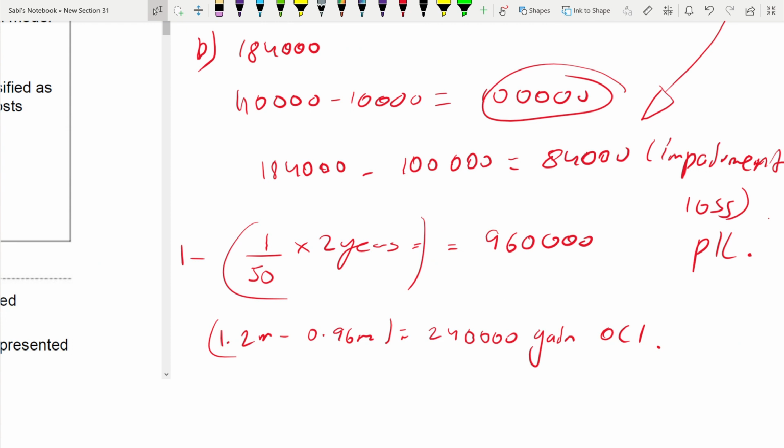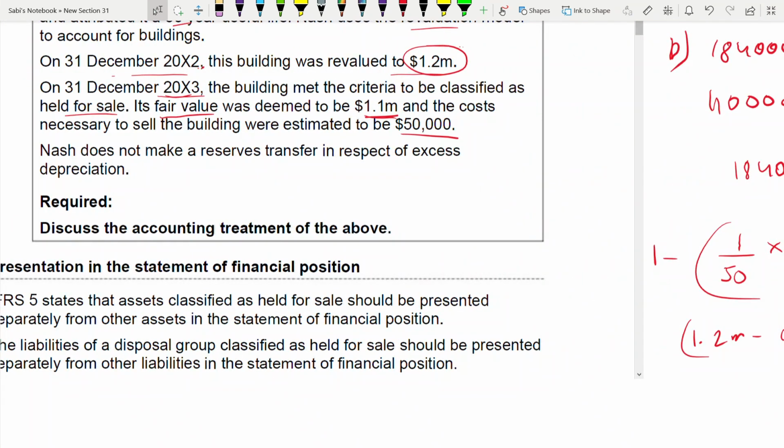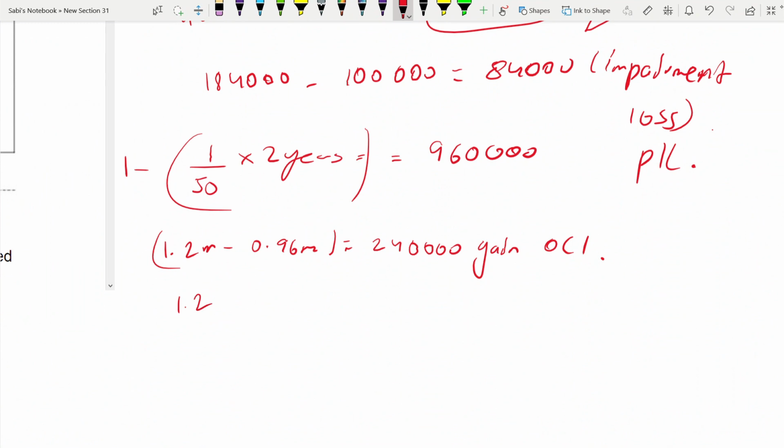So now, before that you have to depreciate it. Sorry, this 1.2 you have to depreciate, from 2002 to 2003. 2 years went by. Earlier the useful life was 50 years from 2001, but from 2002 end, you have to deduct 2 years. That means useful life will be 48 years. So 1.2 divided by 48 years